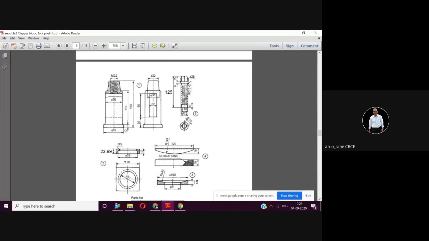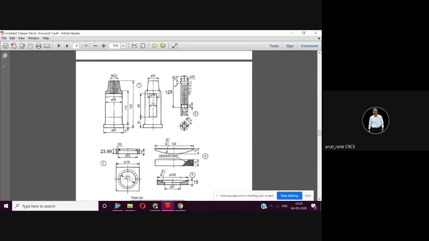Then we are going to fix up this ring. See, this diameter is 51, and this 51 diameter is going to fit on this diameter, that is 50. All right, and it is going to rest on face 10 mm, that is on this face. It is going to rest on this block, not on this block.